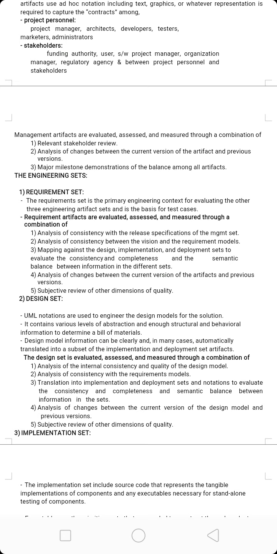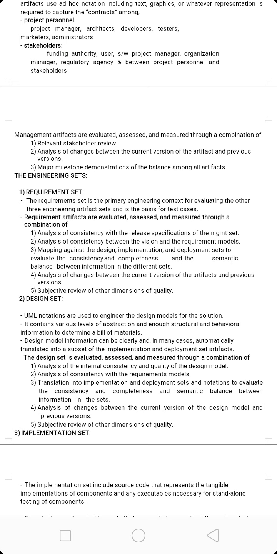Requirement sets use structured text for the vision statement, which documents the project scope that supports the contract between the funding authority and the project team. Ad hoc formats may also be used for supplementary specifications like regulatory requirements and user mock-ups or other prototypes that can capture the requirements.